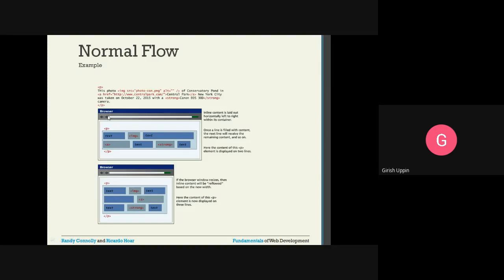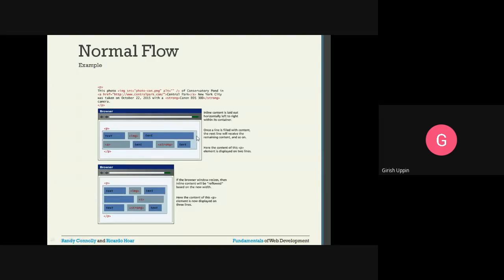So how this is displayed is, you can see this is the browser window, and I have a paragraph, and all the elements we are seeing here, they all are inline. So inside the paragraph, first text will be displayed, then we have the image, again some text is there.